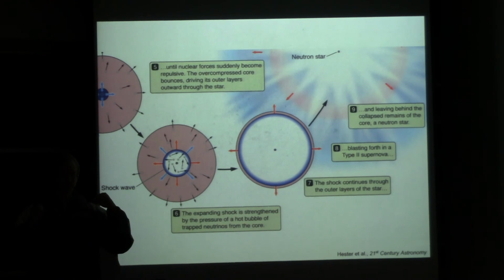Back in the 80s, computer models had trouble getting supernovae models to explode, as in, this is saying it's